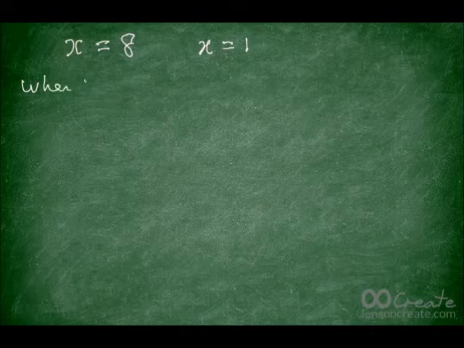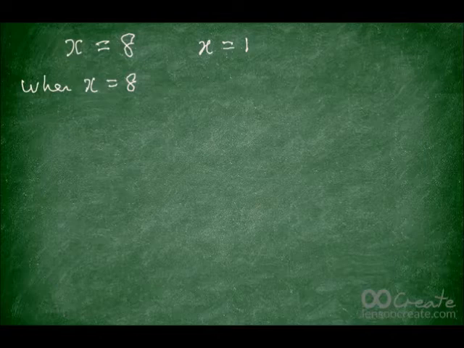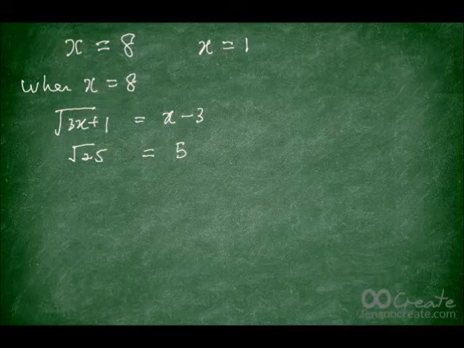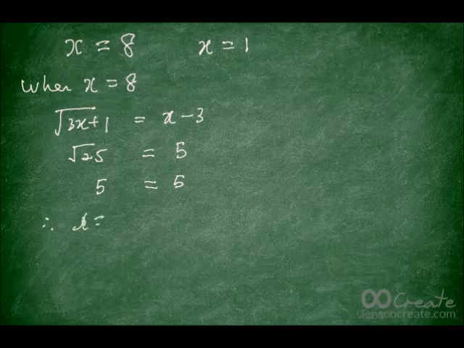Since we get the solutions x equal to 8 and x equal to 1, now we would like to check the validity. So, when x equal to 8, we will substitute 8 into the original equation, which is square root of 3x plus 1 equal to x minus 3. Then we'll get the square root of 25 equal to 5. Since 5 equal to 5, the right hand side is the same as the left hand side, we can make the conclusion x equal to 8